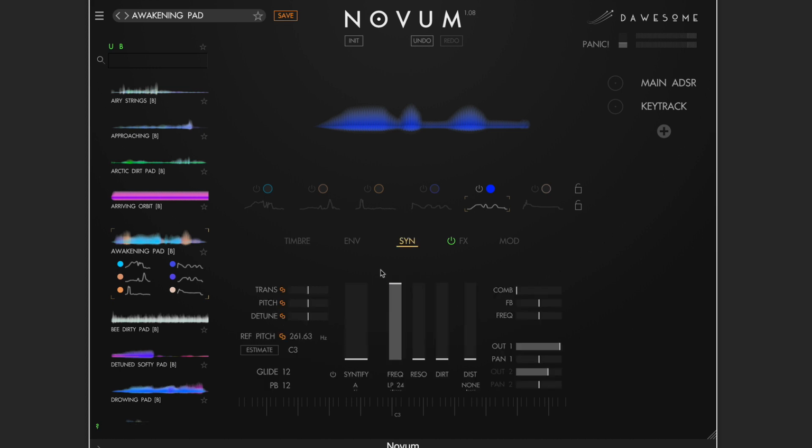Now, the next really important function in Novum to take a look at is Synthify. So essentially we have this single layer here, this single oscillator, which sounds kind of like a soft square, maybe like a triangle or sine, right? And what Synthify is going to do is it's going to read that texture, that timbre of the sound, and change its timbre around to make it sound like it came out of an analog synth. So if I go ahead and play this signal and then turn up Synthify here,